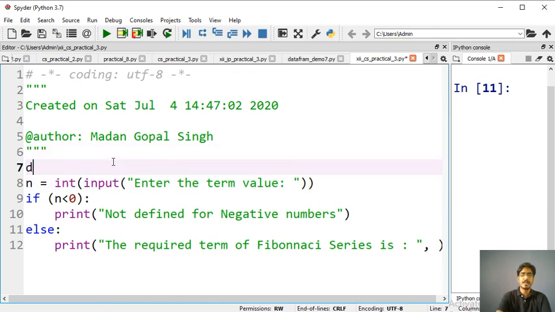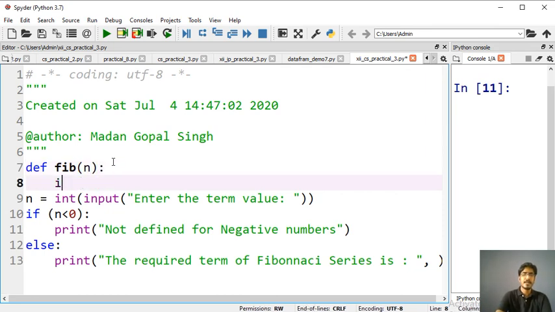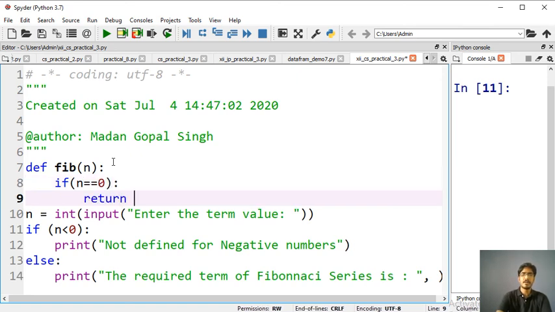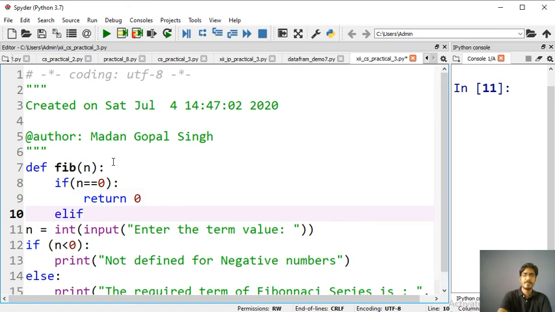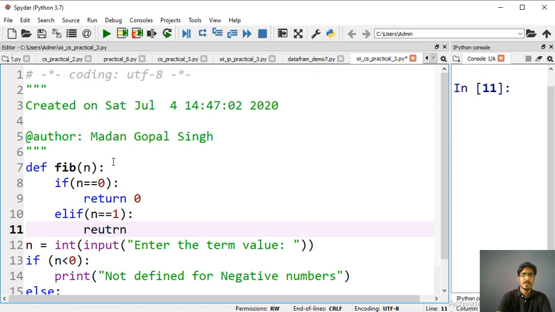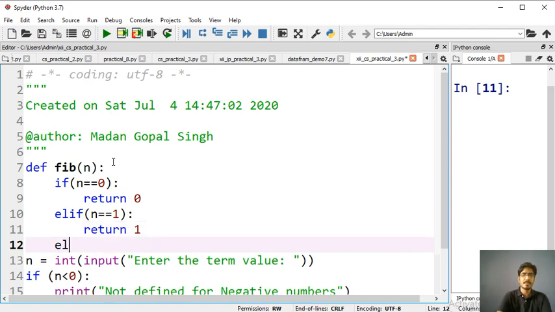Fibonacci method, we will create here with def. It will take an integer. If n is equal to 0, then it will return 0. Otherwise, if n equals 1, it will return 1.